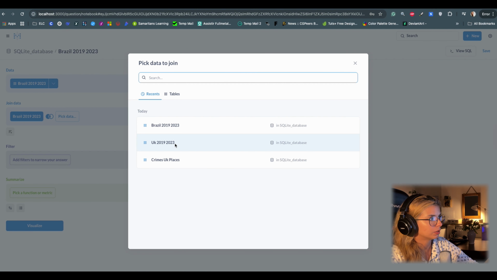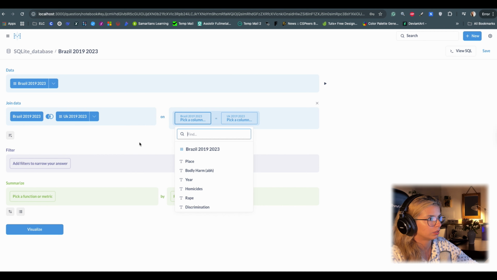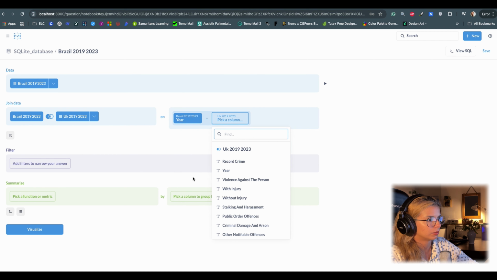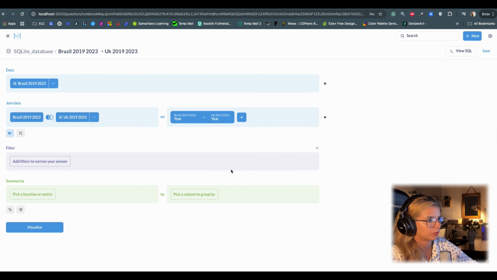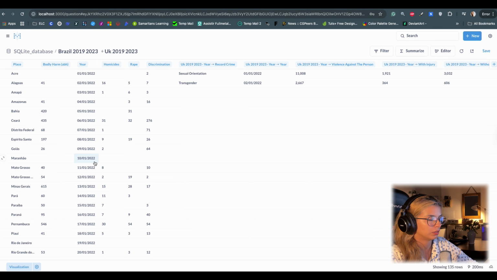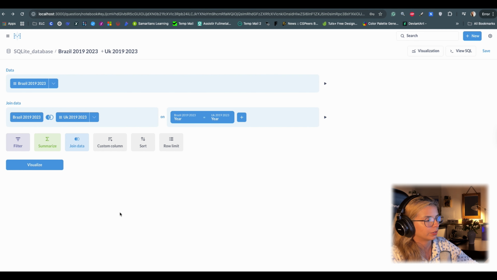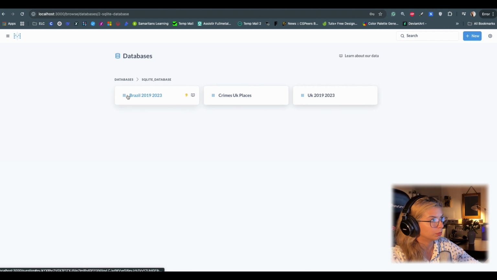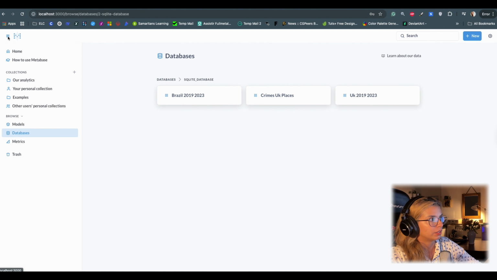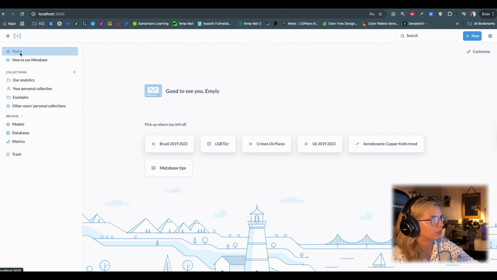Join data, perhaps UK, year, and then let's say... okay. I don't see much of an option here. If you want to work with Metabase, I think you need to work on your data first, on how to load it here. So I'm not sure.